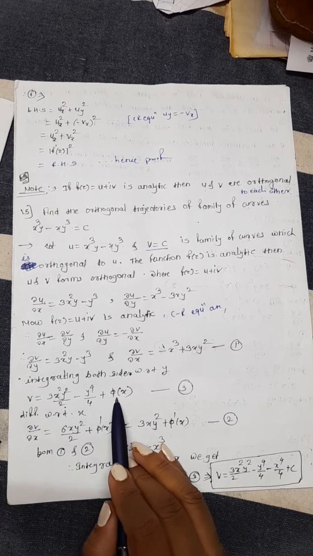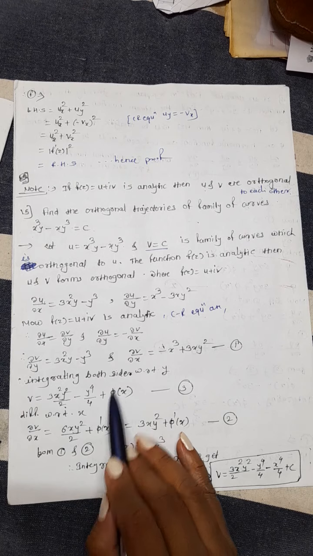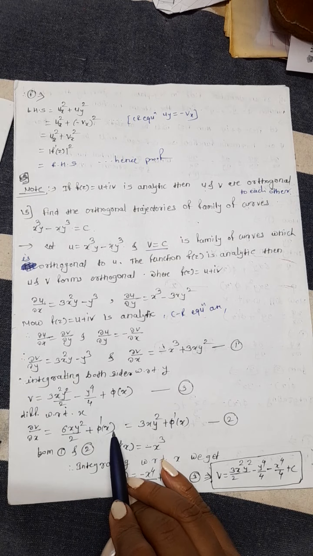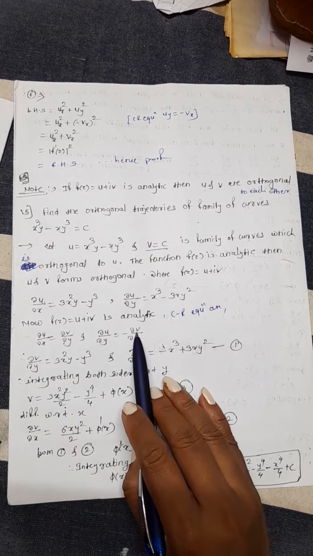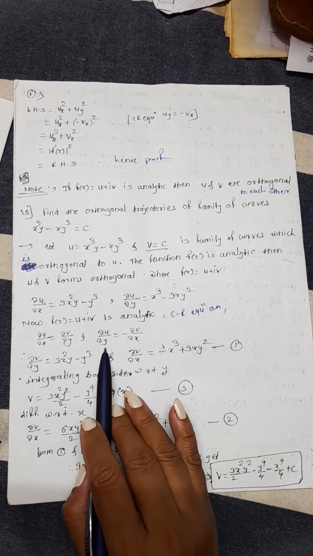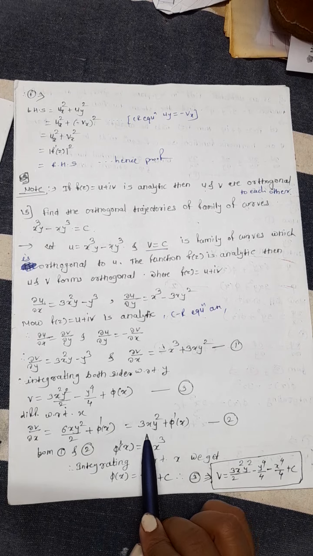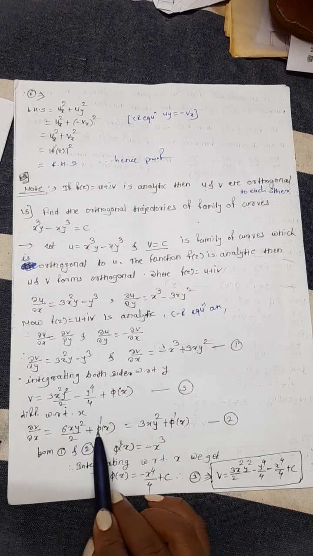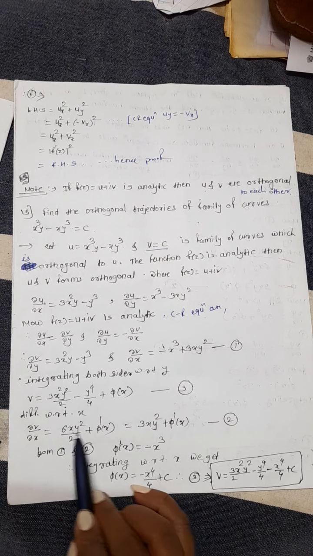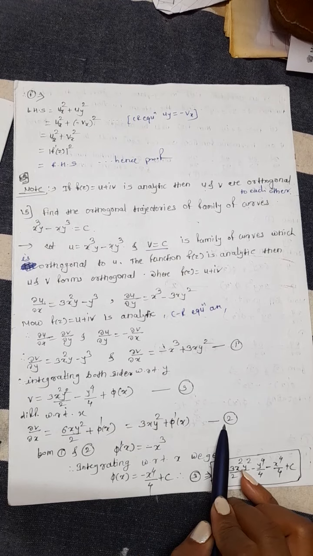Derivative of this is 0, and derivative of phi of x with respect to x, we don't know phi of x, that's why it becomes phi dash of x. And this is dv by dx, nothing but minus du by dy, and we have du by dy as this. It becomes minus of this, in the next step. The simplified form is 3xy square plus phi dash of x. Call that as